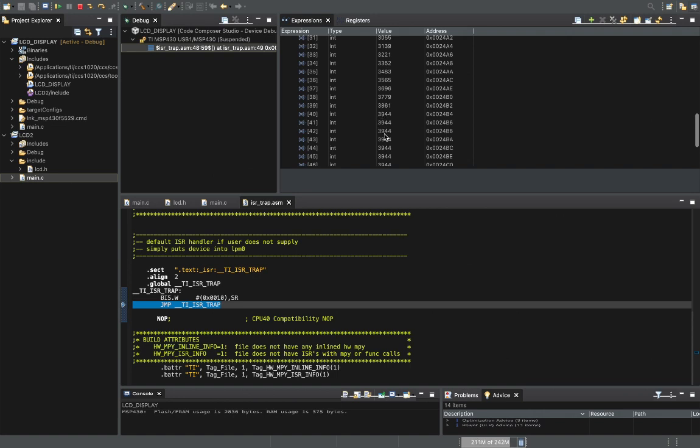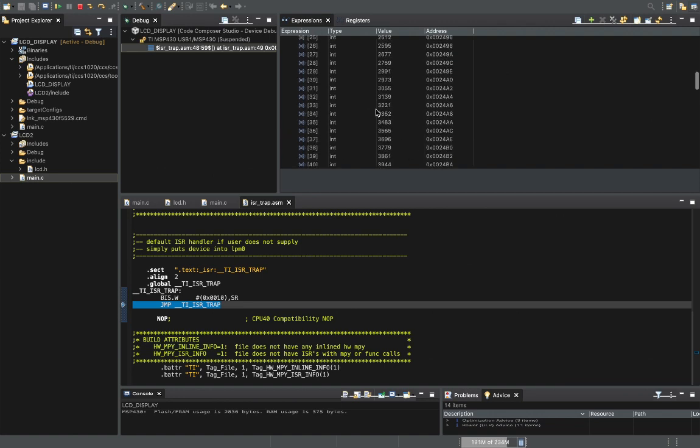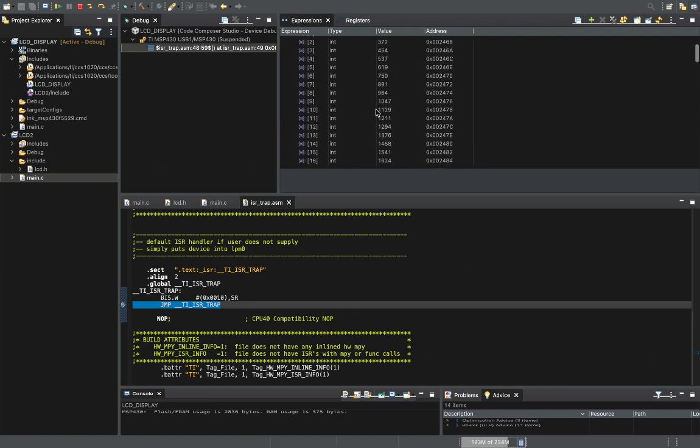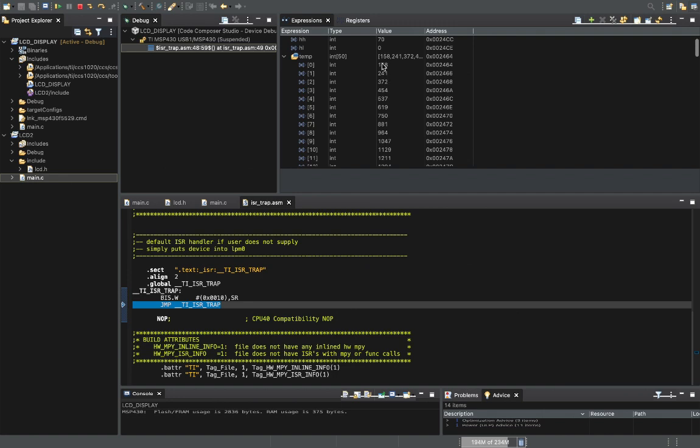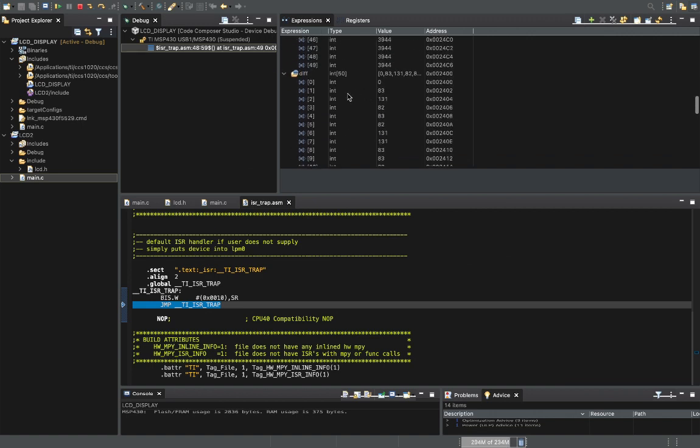After 40 you can see it is not changing, and this is the difference. You can see this value minus this value, minus this, all stored in this array. 83, 131, 82, 83, 82, these are the differences.